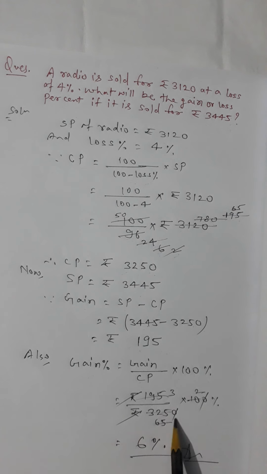Okay, so first of all this 0 to 0 cancels out. From the table of 5 it cuts from 2 times, and it cuts from 65 times. From the table of 65 it is cancelled out from 3 times. Okay, 3 to the 6%, rupees to rupees cancel. This is your final answer.